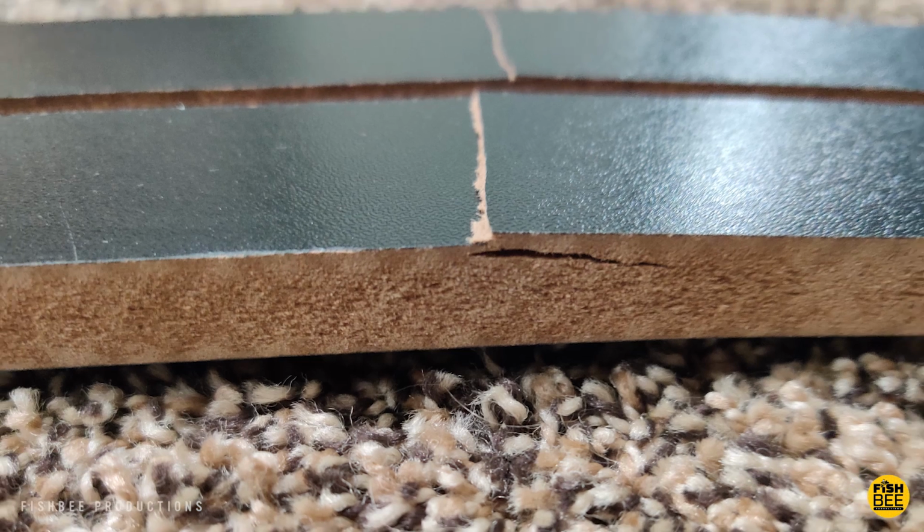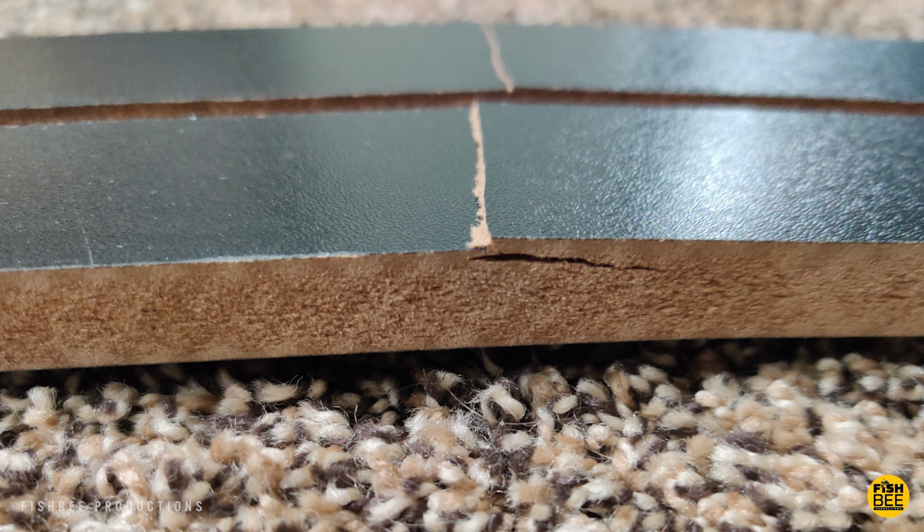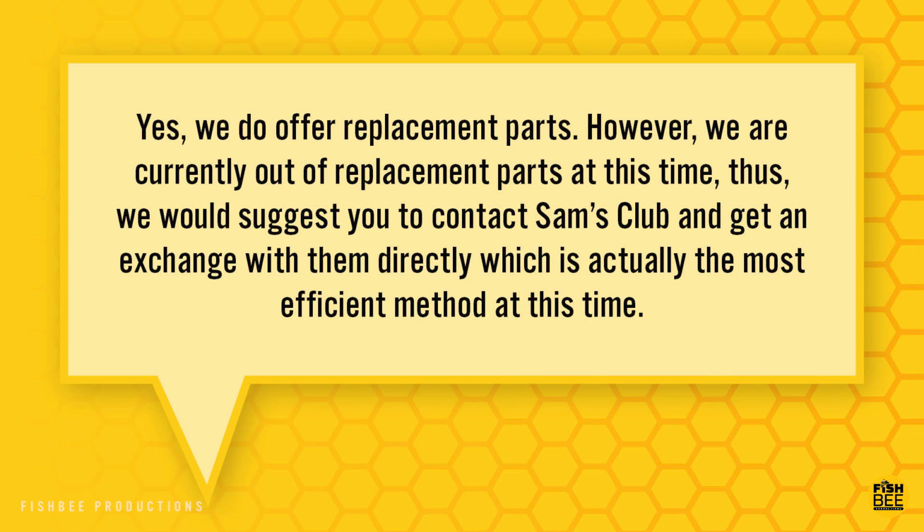I was asking them, I've got a broken piece, I'd like to get that replaced. And here's their response. Yes, we do offer replacement parts. However, we are currently out of replacement parts at this time. Thus, we would suggest you contact Sam's Club and get an exchange with them directly, which is actually the most efficient method at this time. So apparently they want me to return this to Sam's Club for a replacement, which you can't actually get because they're sold out everywhere. I guess my initial response was,